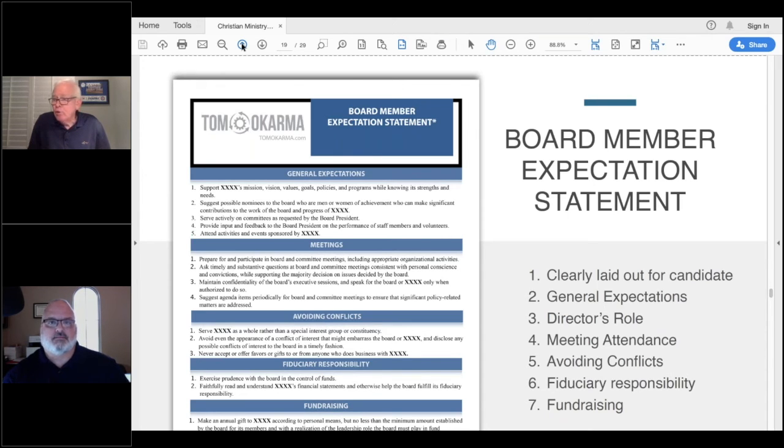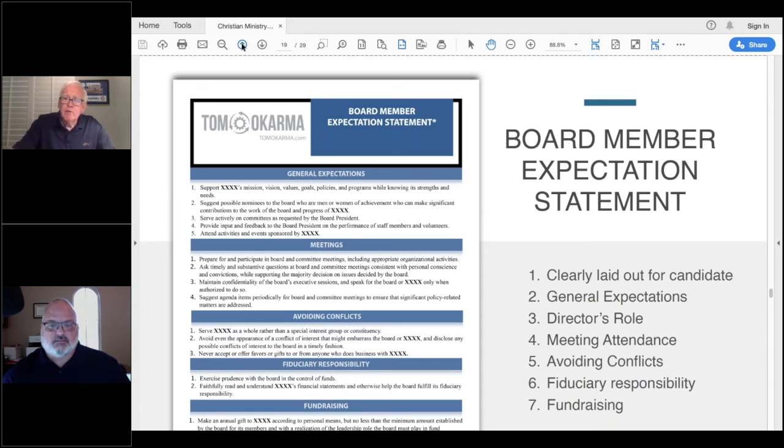And talk about the fiduciary responsibility. There are legal requirements. That's why there's directors and officers insurance. The people need to know what they are, and that you're going to comply with them all as well. So this is a document you'll be able to download, change around any way you like, and make it fit your operation. Oh, conflict of interest, I should mention that briefly.